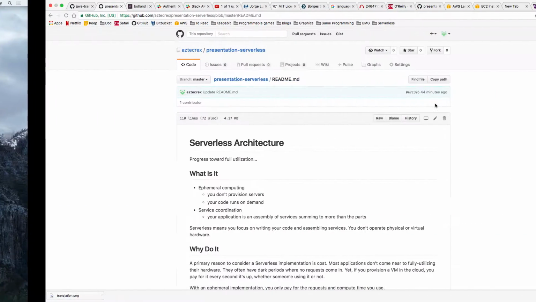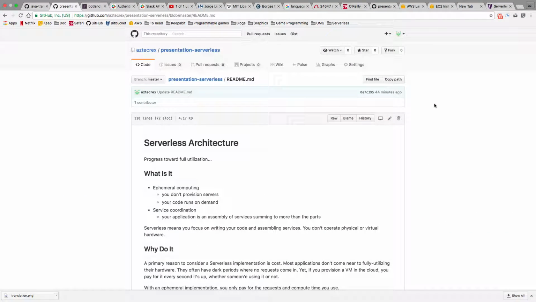Okay. So my goal tonight is not to describe all of serverless architecture, because serverless architecture is, in many ways, a marketing phrase. So we want to be careful to really talk about something that is real, and not get hung up in the literature and what this person says or what that person says. It has a lot of definitions right now, and it's just one of those things that people are jumping on because they're afraid they'll be left behind, so everybody's calling their product this serverless thing.